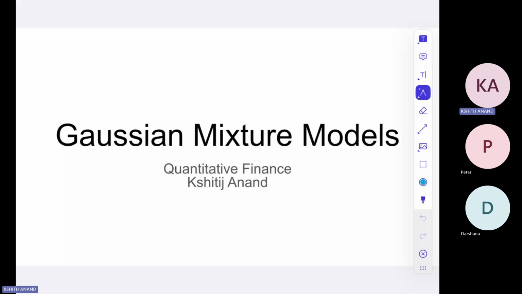Gaussian mixture models are a comparable model and sometimes outperform modern generative AI models like GAN, that is generative adversarial network, and variational autoencoders. So that's why it becomes very important for us to discuss GMM, which we call Gaussian mixture models, right? So today we are going to discuss GMM, which is Gaussian mixture